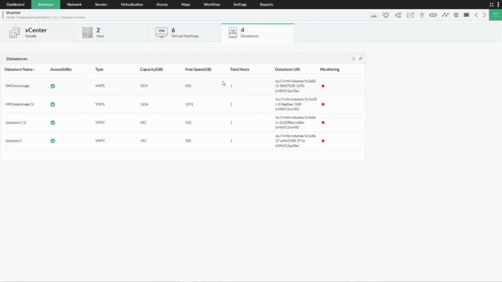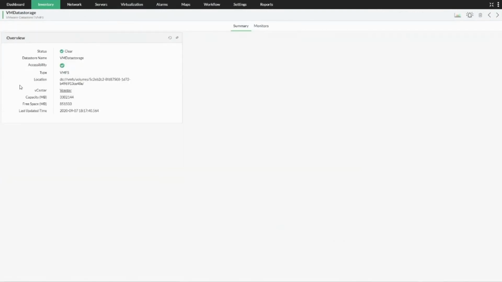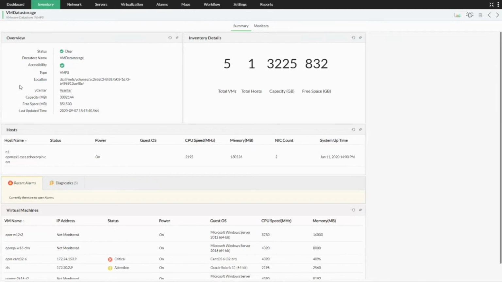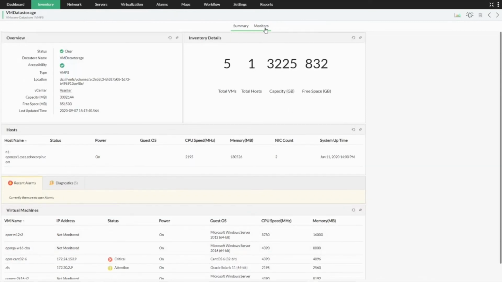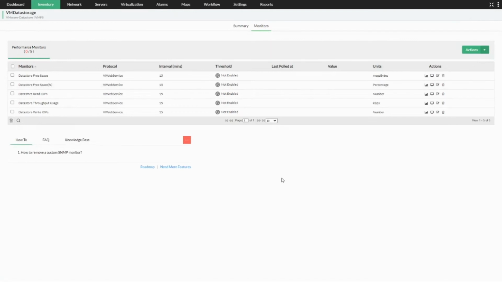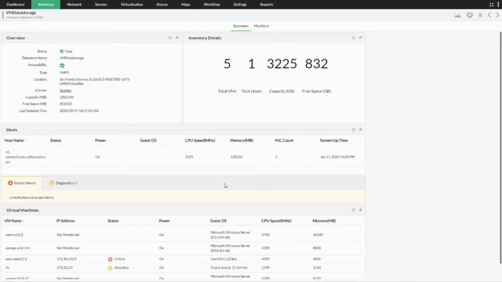So when we talk about data store based monitoring, what are the metrics which OpManager allows you to monitor in terms of data store? So for example, this is one of my data stores which is there under my vCenter, which is associated to a few of my hosts and the virtual machines which are under them. So here I could see which virtual machine is using how much of resources in this data store, and what is the total allocation of memory and the disk space which is actually free, and various other metrics such as data store free space, data store percentage read and write, or data store throughput usage, or the data store writes, input and output processing speed, and various other information which are critical in terms of data store based monitoring.